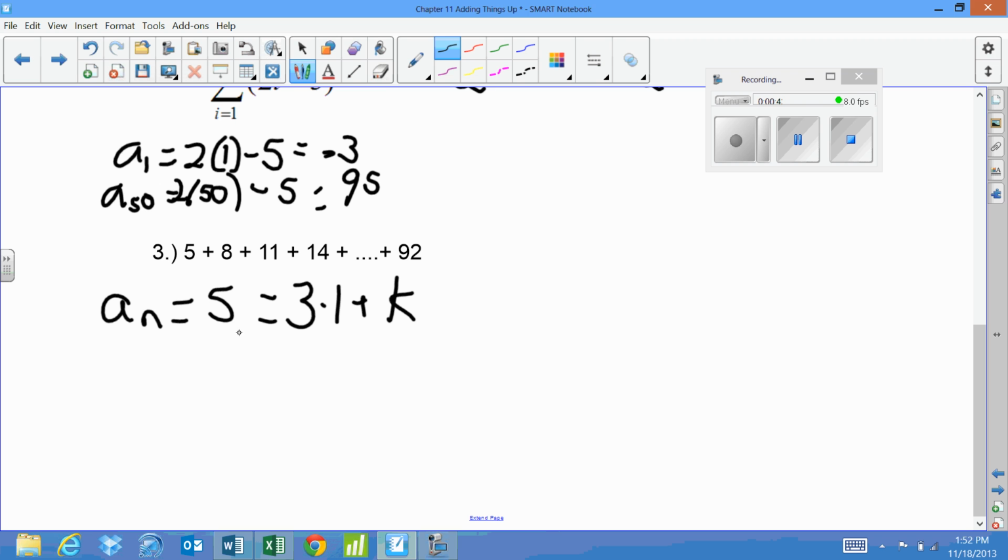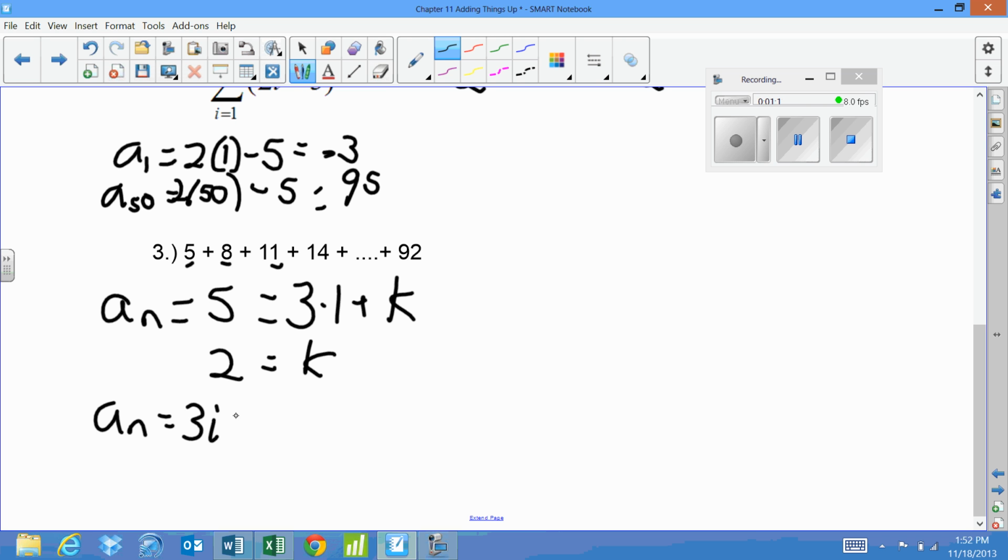Okay, so my 3 is going to be my starting term, or my leading term. My i is going to be my 1 because I know that's my very first term. So this is i equals 1 for 5, i equals 2 for 8, i equals 3 for 11, and so on. So I know that k has to equal 2. So let's double check our formula. If I plug in a 2 into this formula, so my formula that I'm getting here is a sub n equals